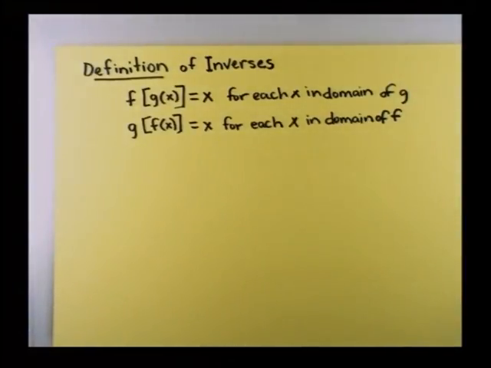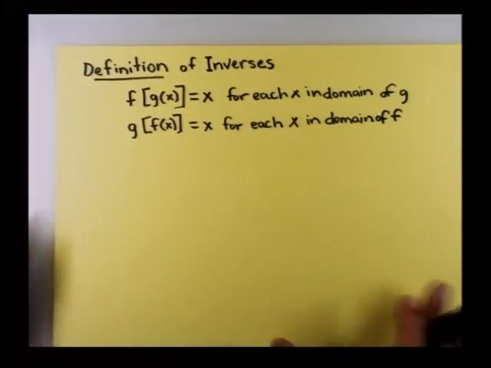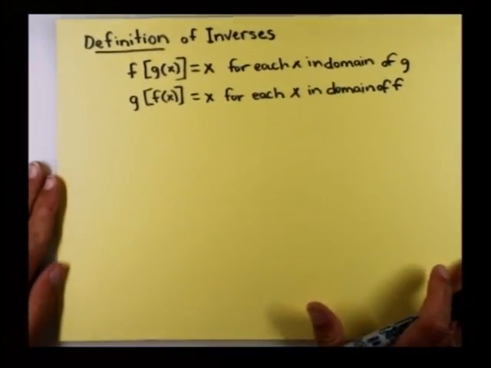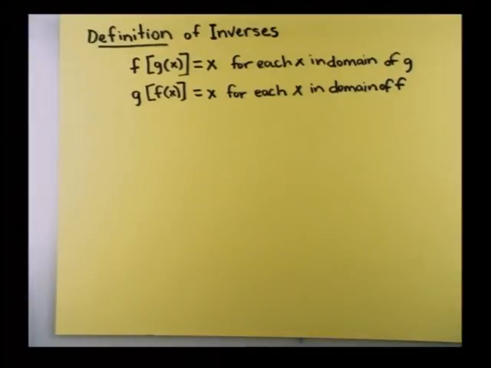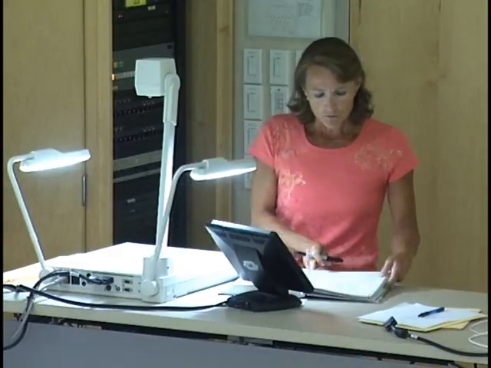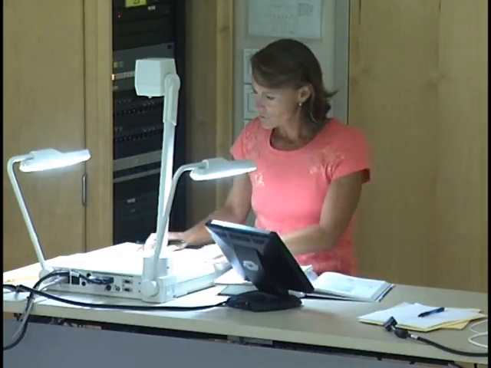Now, I'm going to come back to this later, but for right now, let's go through a few things that might help you understand an inverse. First of all, in order to find an inverse, we find what we would program our new machine to be to take the star off, or to undo what we did in the first machine. So we're going to go through an algebraic process,